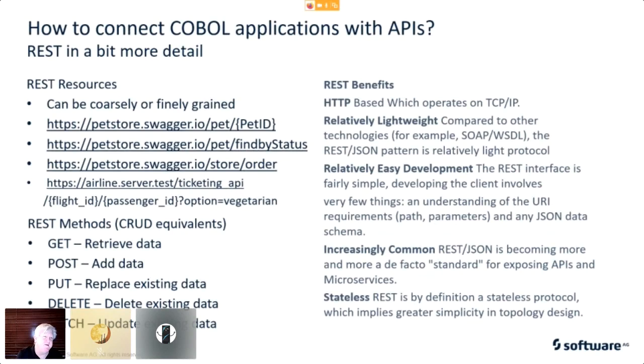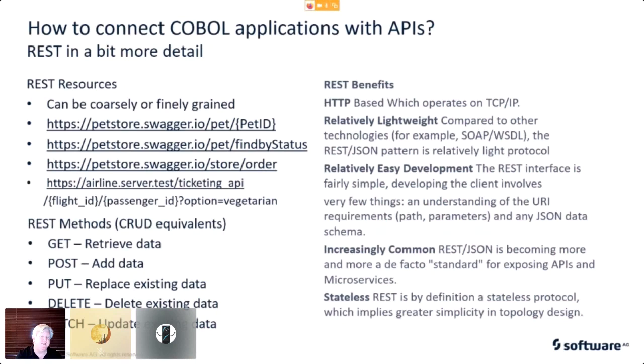Before we move on, we talk about a REST resource. Again, we said it was HTTP driven. Resources can be coarsely or finely grained. What we mean by that is one resource may just do a simple function, get employee, and that's it. That's all that REST resource does. Or it can be coarsely grained. The example we're using here is a pet store, for the most part, a pet store example. So that one REST resource can contain multiple different